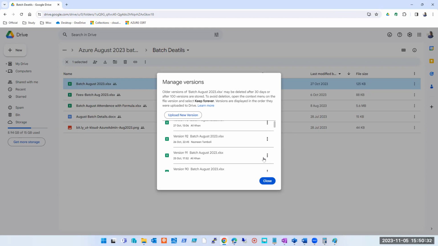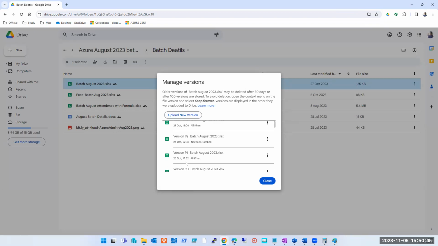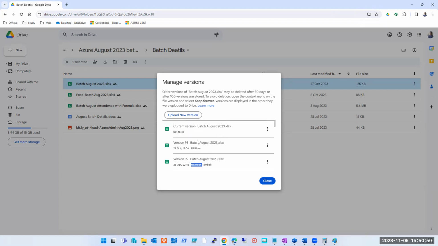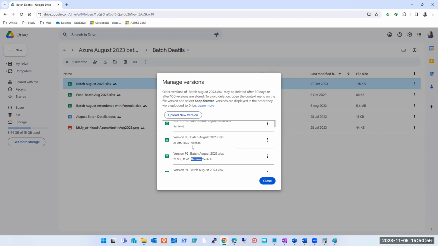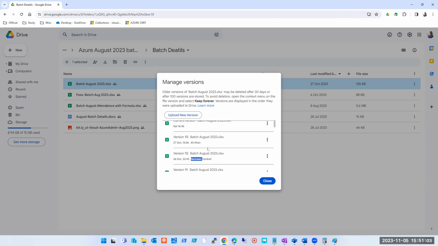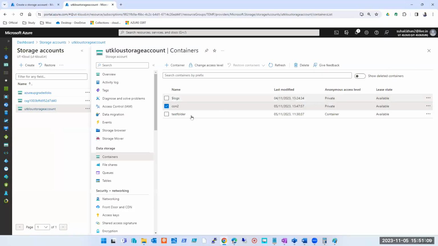So what can I do? I can go here, click here and download it. Once I download it, I can upload the same downloaded file here, and that will become my current version. So whatever changes were done here by Nazneen will vanish. This is how I can change the data version by version. Every time you make a change, there will be a new version. Look at this, how many versions on the same date. You will see multiple versions. Even if you delete something, I'll have my file available from here. So this is what versioning is.